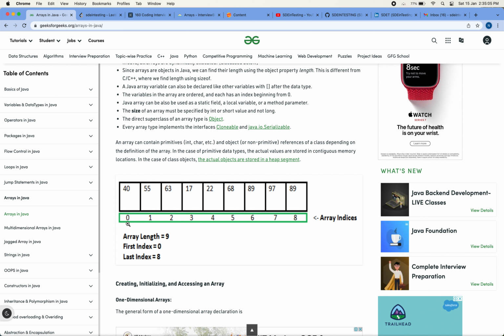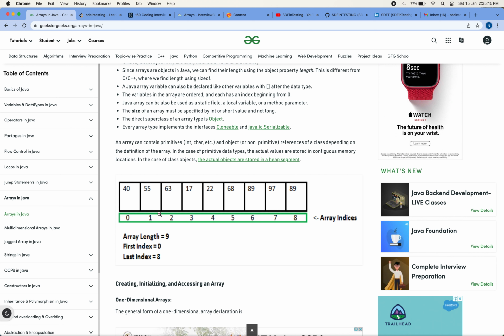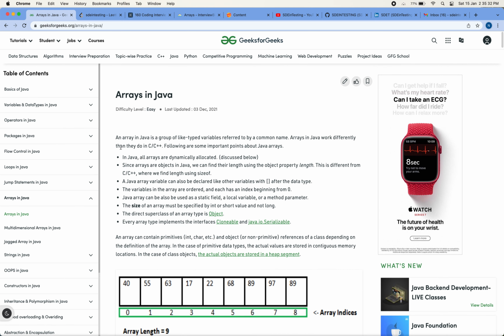indices. Let's suppose you have some data, like an array of integers or maybe an array of strings. It always starts with 0. So in an array, the index will always start with 0 and go up to length minus 1. So what are they saying,